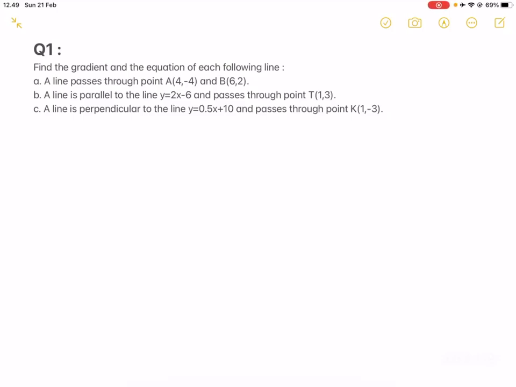Today we're going to look at more, I would say, tricky examples of these. And just a further disclaimer, these examples may involve some unknown tricks that I haven't mentioned in my past videos. So you may just try a couple of questions on your own and then follow up for the answers if you're ready. Alright, anyways, question 1 says we need to find the gradient and the equation of each